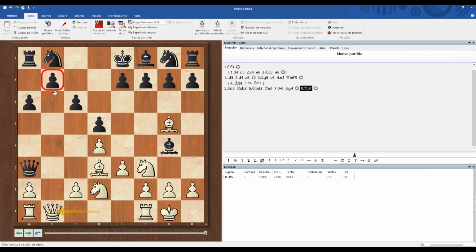So we are gaining a tempo again, because now it's really dangerous for black if we grab the pawn on b7, because we are ahead in development, we have more developed pieces, so we can move our queen now. So after the move queen to b1, in this position, black's playing b5, and now Giri played a stronger move, trying to open lines, and played c4,